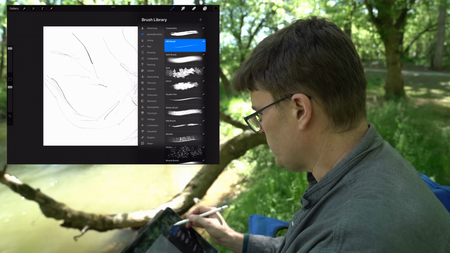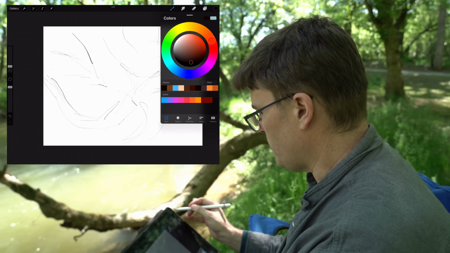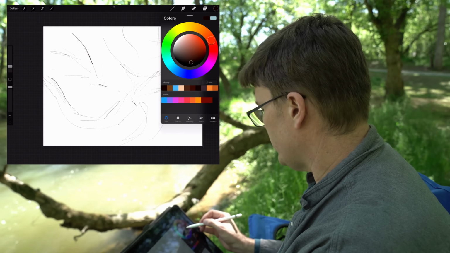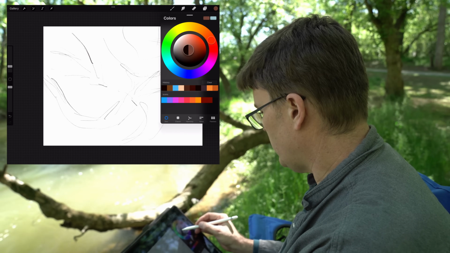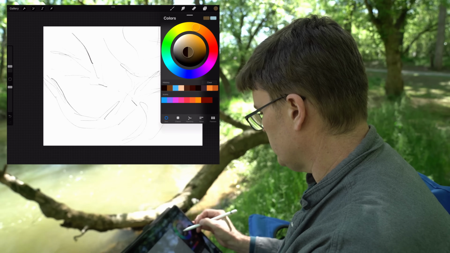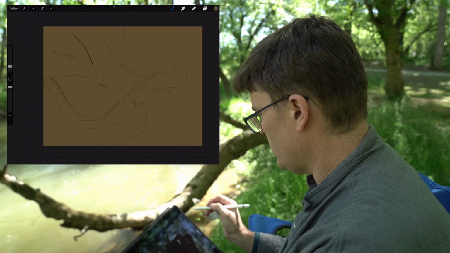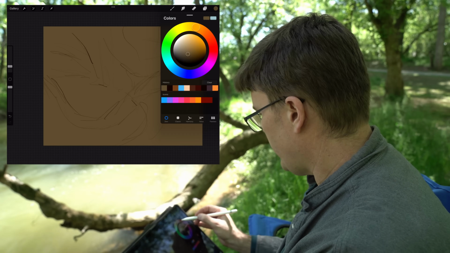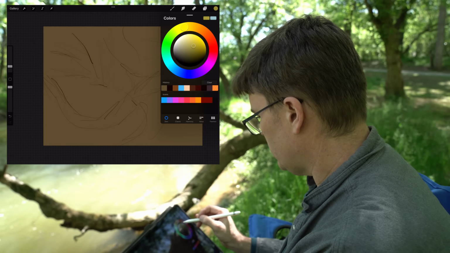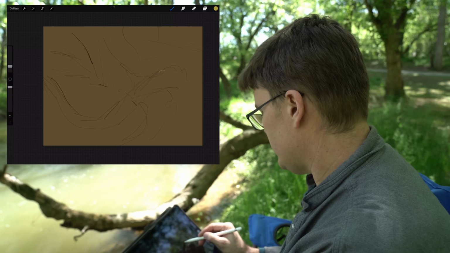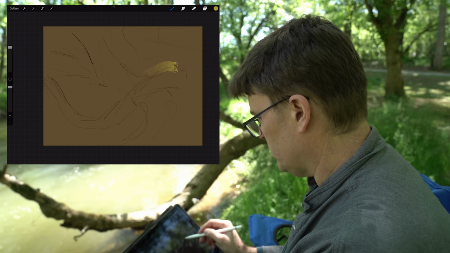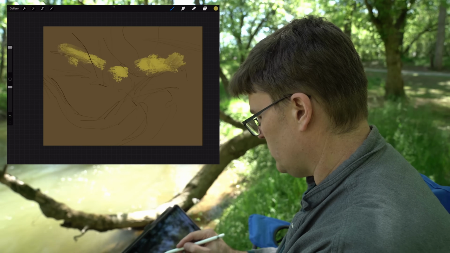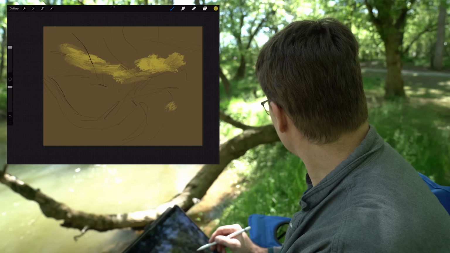Now on this layer I'm going to switch back to my favorite brush, the turpentine brush, and start filling in what I see. I'm going to start with a base color of some neutral tone. Blur my eyes. I see some yellow sunlight,